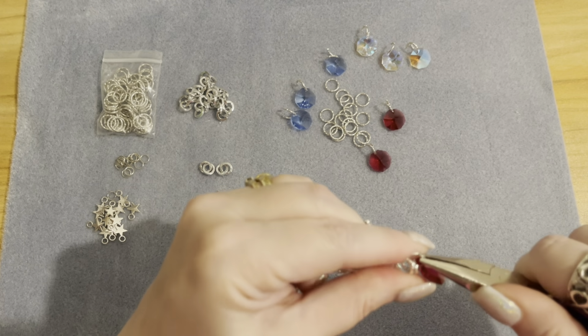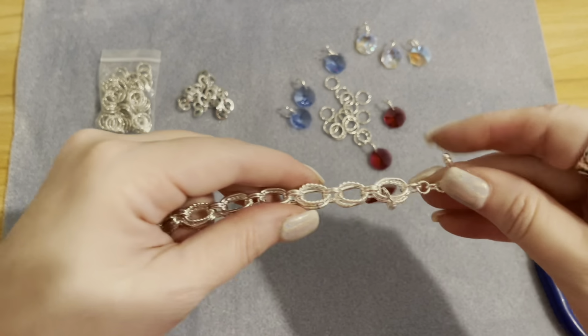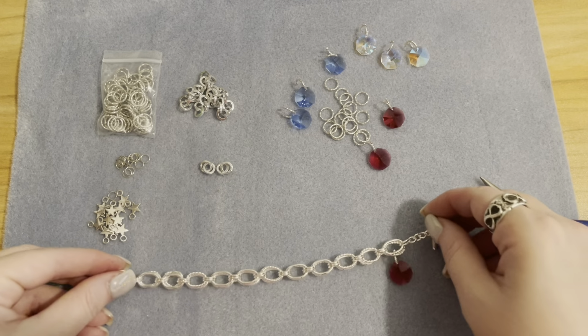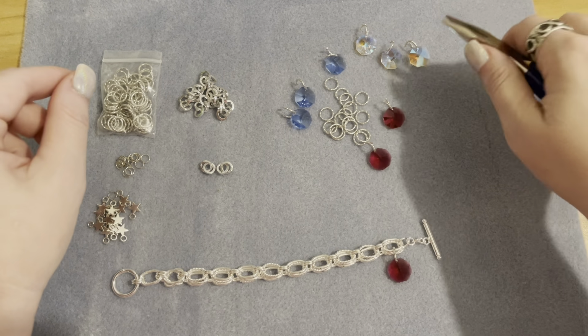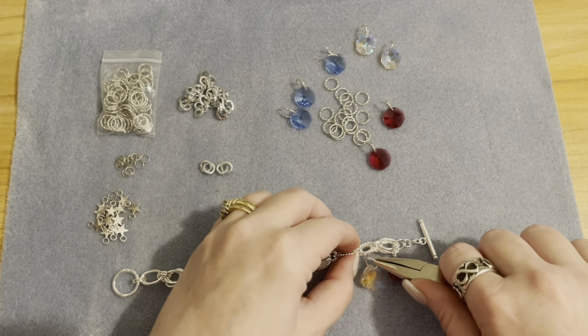I'm using my fingers with these instead of my tool just because these are sturdier jump rings. I want to make sure that they're closed really, really well. Oh, wow. Okay. So, yeah, I think I like it on all three of the links. So, we're going to do red, a white,